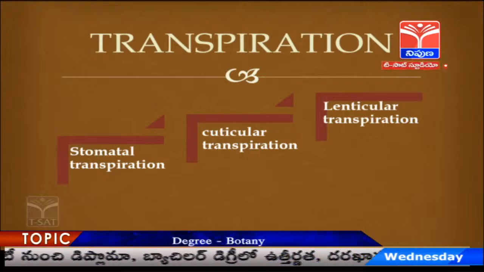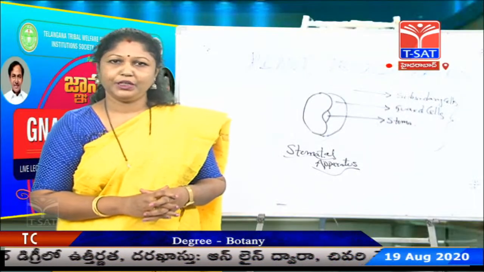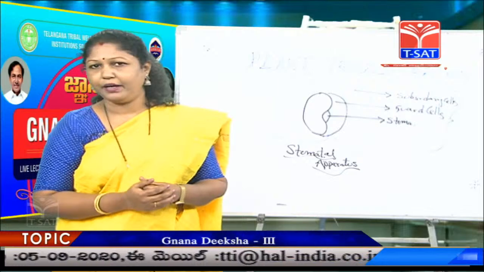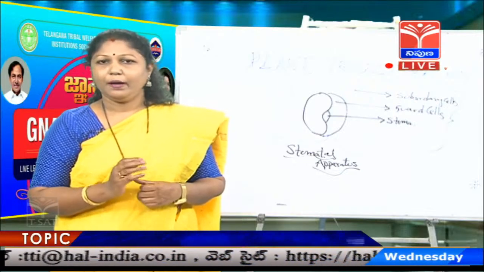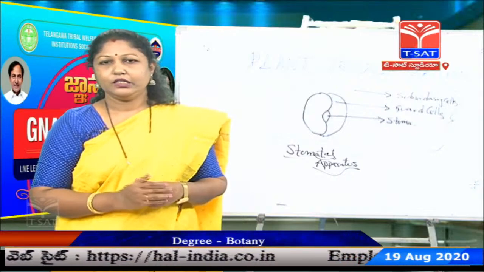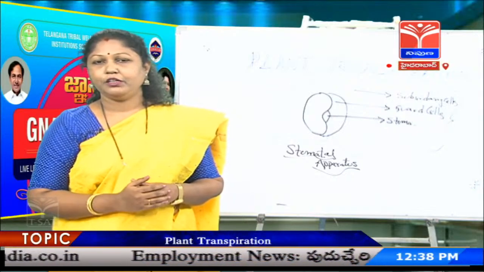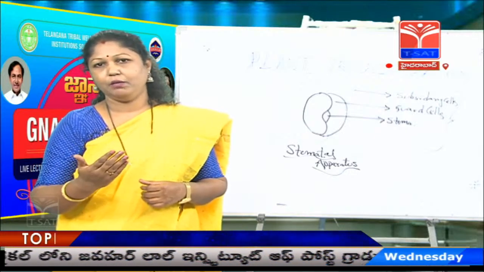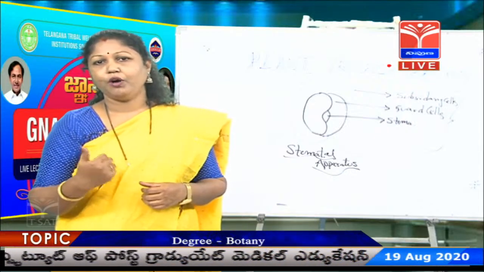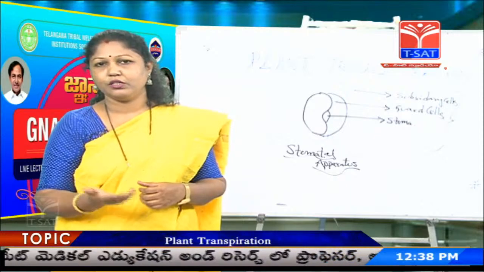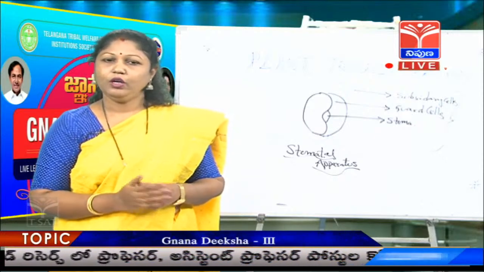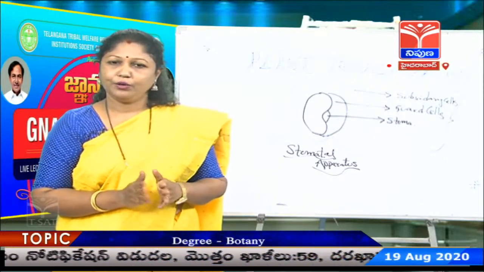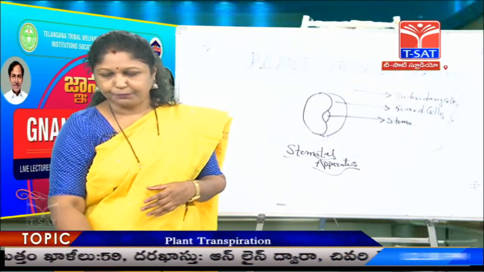One more thing that I would like to add here is, when we are talking about transpiration, it is not only evaporation of water in the form of water vapor and excess water moving out of the plant. Besides that, it is also the point of exchange of gases, that is CO2 and O2. We know that CO2 is the primary one in photosynthesis. So, the path of CO2 from the external medium into the plant, and of oxygen moving out of the plant after photosynthesis, is through the stomata. So, transpiration, based upon where it occurs and how it performs, has three types: stomatal, cuticular and lenticular transpiration.